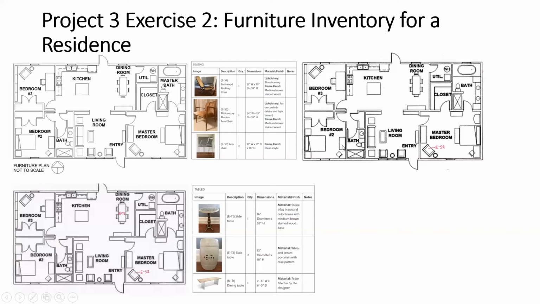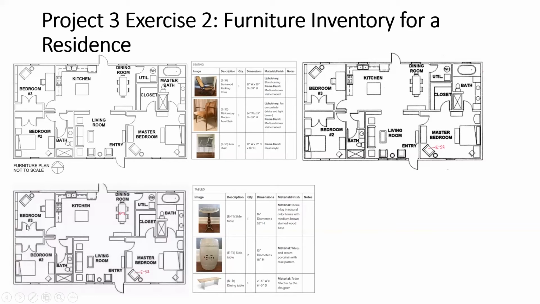However, what you will see at the end of this, when this exercise has been complete, is that every piece of furniture has a furniture designation. But for this first part, all you can do is place the existing ones. Once you have the existing pieces of furniture placed, then you will know which pieces of furniture you would have to buy for your client, right? Because there's going to be furniture left over that they don't have. And so you're going to have to determine which pieces are left over. That's the second part of this assignment.